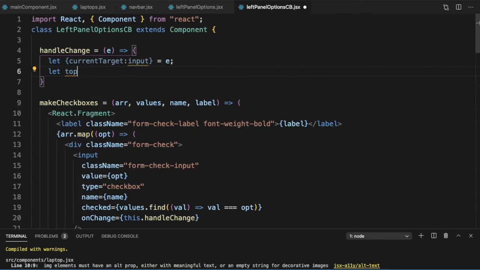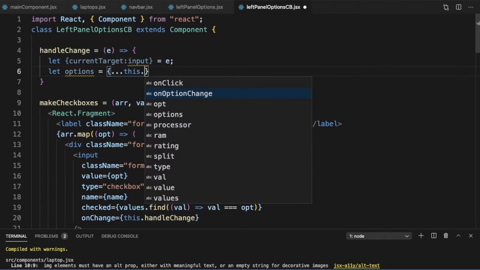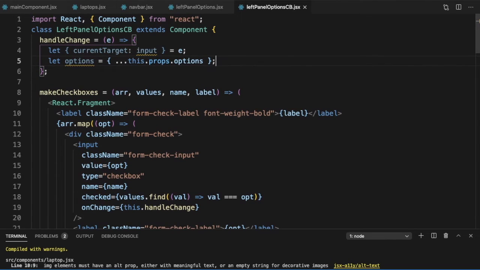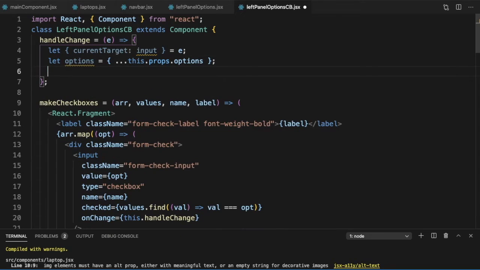So let options be this dot props dot options. Now here we are getting checkboxes. So all of them are checkboxes. So in the case of checkboxes, we know we need to handle them differently. So let's first write the code for, say, if the options dot name was equal to brand. Let's first write the code for it, and then we will see how we generalize it.